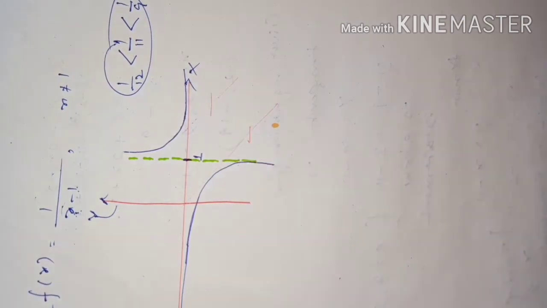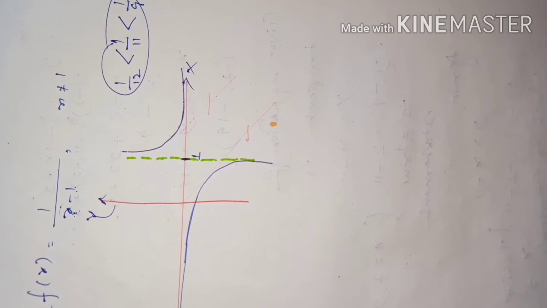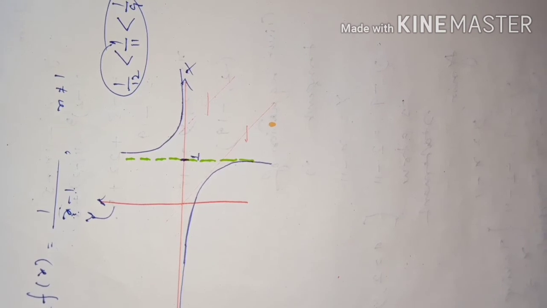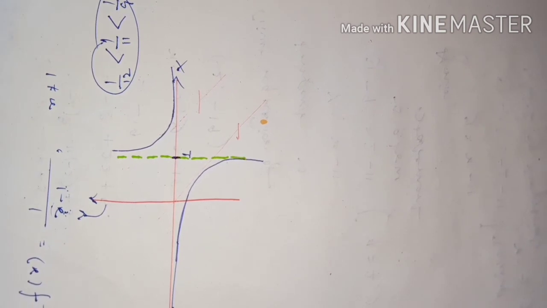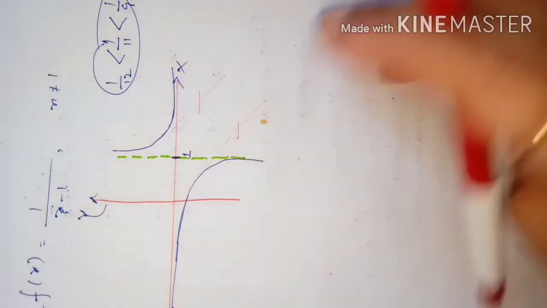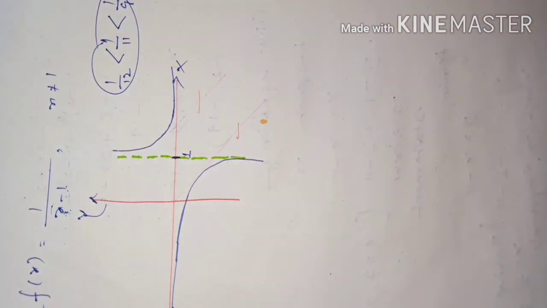So that is what the question is about. We need to find out which are the points. Find the equation of all lines. First of all, we have to know at which points the tangents are there. Then we can say what the equations of the tangents are. Okay, dear students, let us do that.